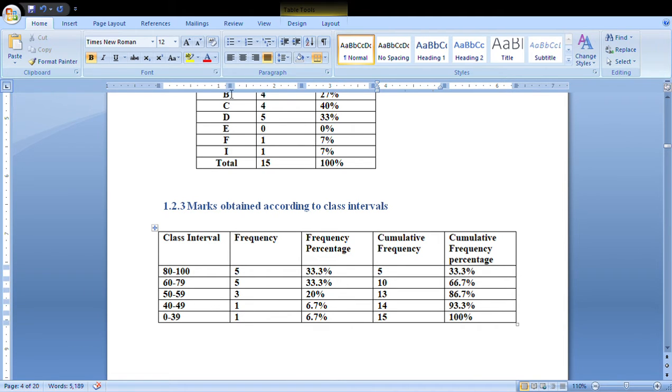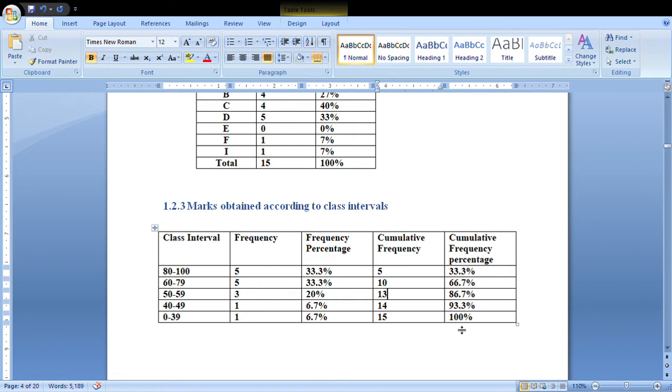We have 66.666%. And you do the same to the next value. We have 13 over there, so that's 13 divided by 15 times 100, and you have